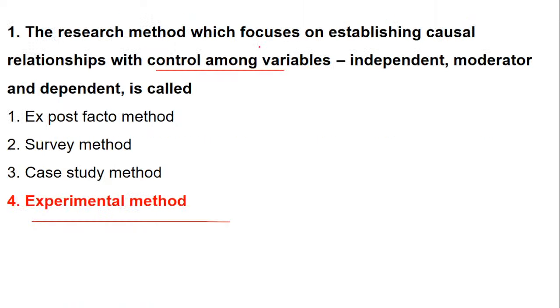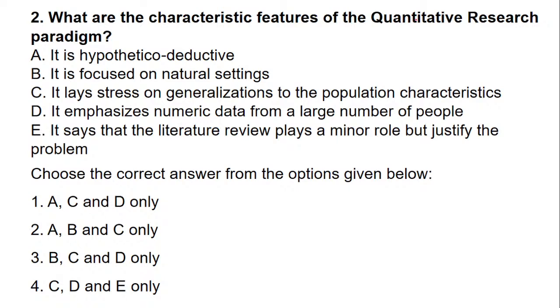It is basically the features of quantitative research. So qualitative and quantitative we have done very well. So it talks about what? It talks about the quantitative research paradigm. Paradigm is nothing but a pattern. So the characteristics of quantitative research are listed below. The characteristics are, it is a deductive research approach, you can say. It is focused on natural settings.